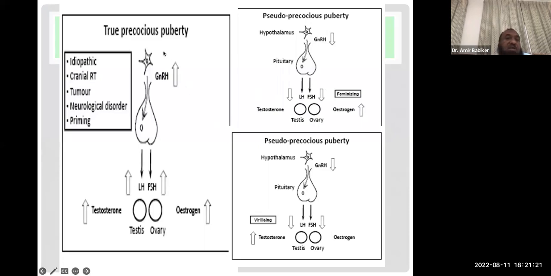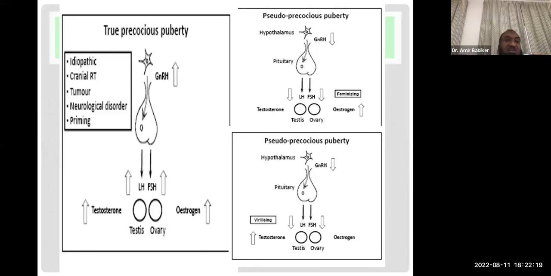pseudopuberty. طبعا هنا true puberty can be idiopathic, can be due to cranial radiation, can be tumor, neurological, and can be priming. خلينا من priming ده حسي خلينا نتكلم عن دين. انت لو سألوك في اي سؤال في امتحان شوف these golden rules in etiology. اصلا etiological causes كويس يعني the etiology of number of illnesses هي شنو؟ واحد إما تكون غير معروفة السبب idiopathic أو تكون physical trauma disturbance of the anatomy by trauma or tumor أو يكون في inflammatory process inflammation or infection. شفت كيف؟ أو يكون في infiltration by tumor. يعني أصلا الأشياء معظمها بتطلع من كده. في أي system endocrine or not endocrine لو سألوك من etiological causes think of these angles.